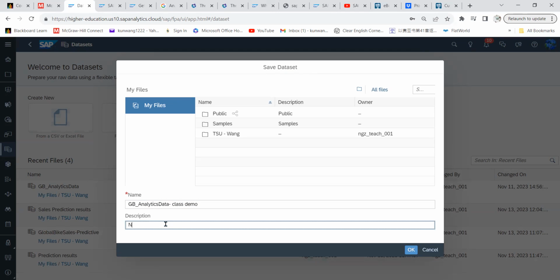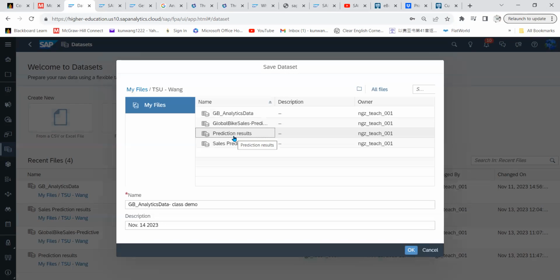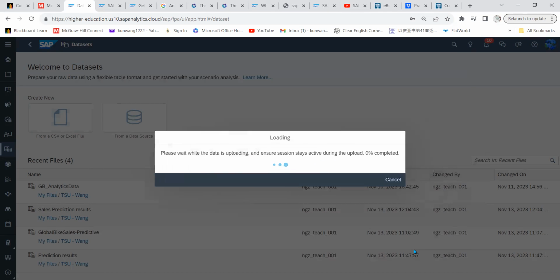and put the date, so November 14, 2023. And you can put it under an existing folder of yourself or just under the main directory, but be careful not to put it under the public or samples folders. And I will add it to the other folder I already created. So